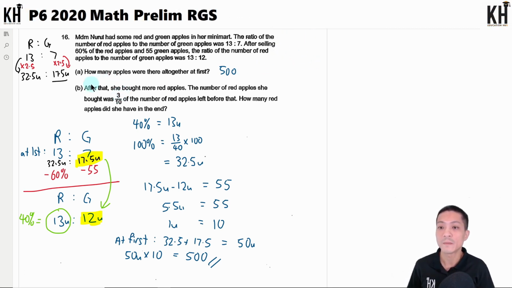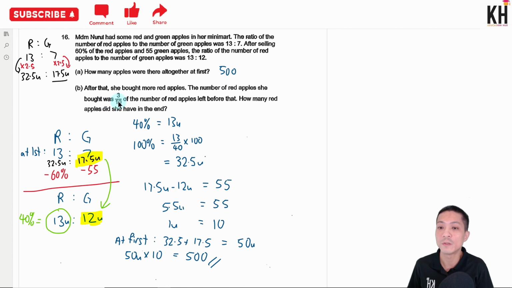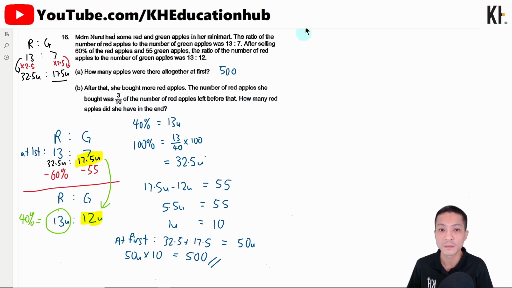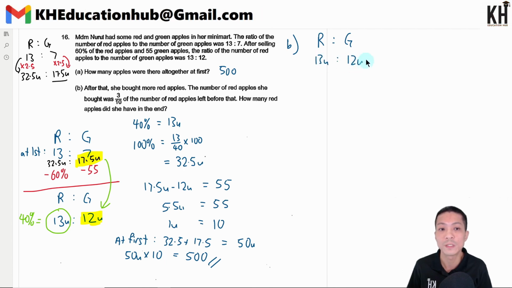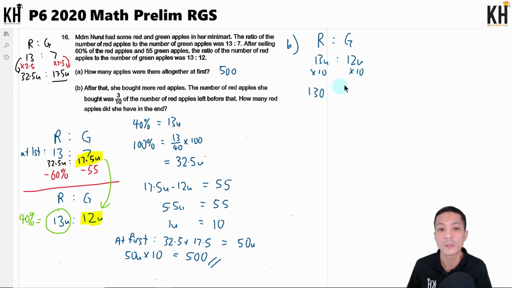Okay, so for part B, after that she bought more red apples. The number of red apples she bought was 3 over 10 the number of red apples left before that. How many red apples did she have in the end? Okay, so let's continue from here. Okay, red is to green, it's 13 units to 12 units. Okay, so I'm gonna multiply by 10, right? Times 10, times 10 because 1 unit equals 10, right? So the actual number is